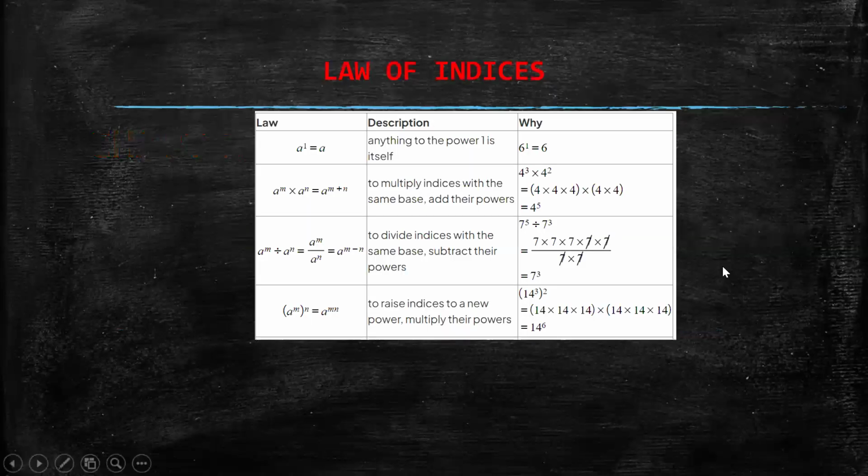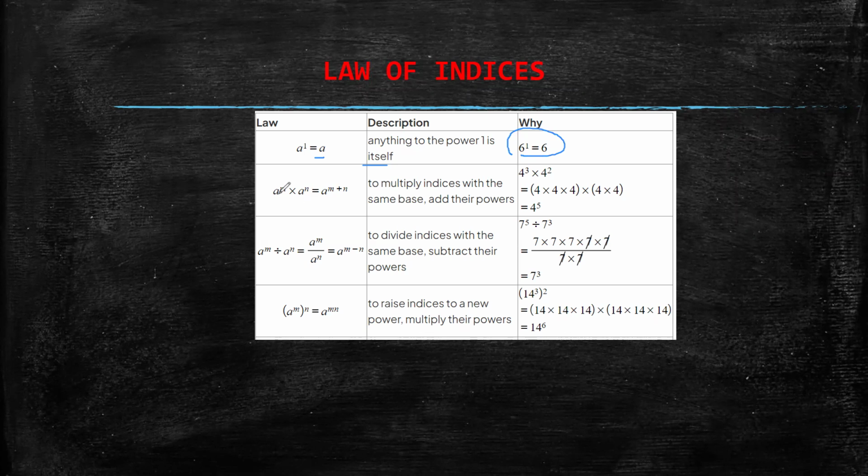So starting with rule number 1, a raised to the power 1 is equal to a. Anything to the power 1 is itself. For example, 6 raised to the power 1 is equal to 6. Now, rule number 2, and a very important one, a raised to the power m multiplied by a raised to